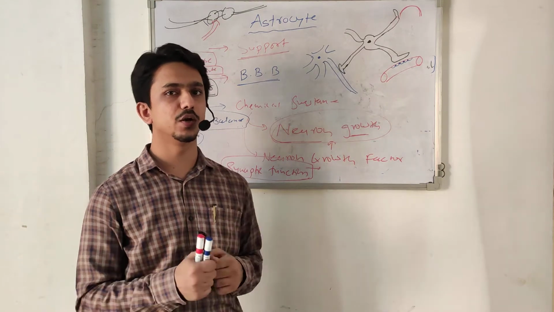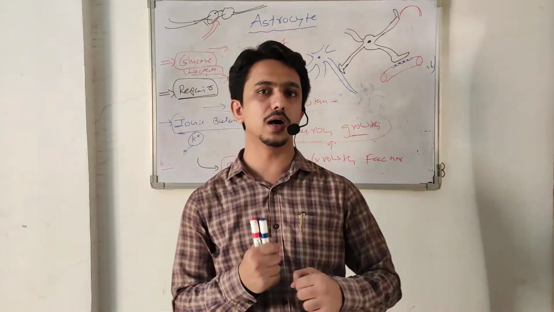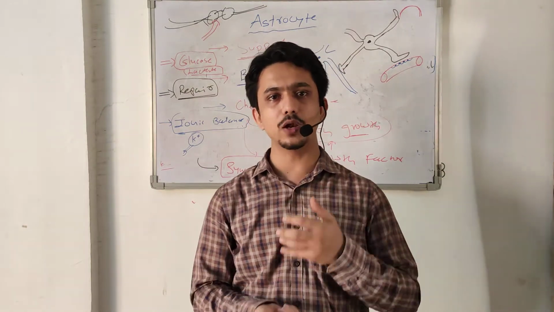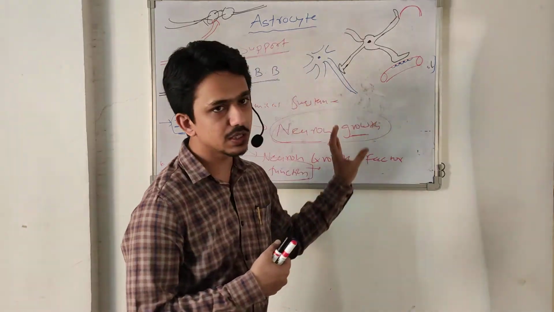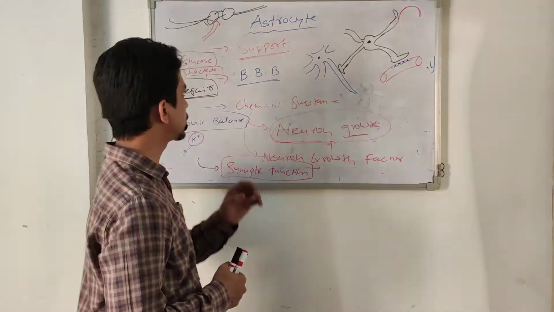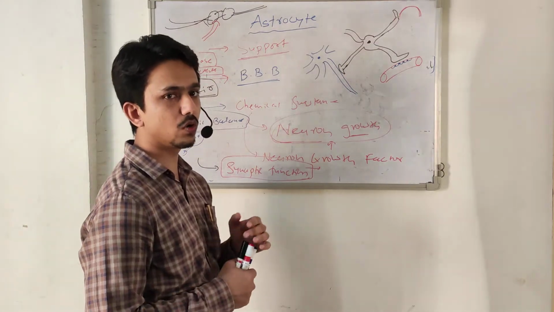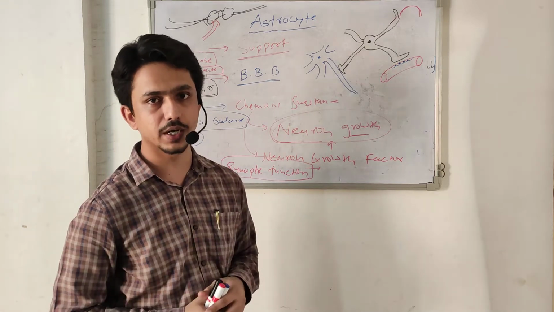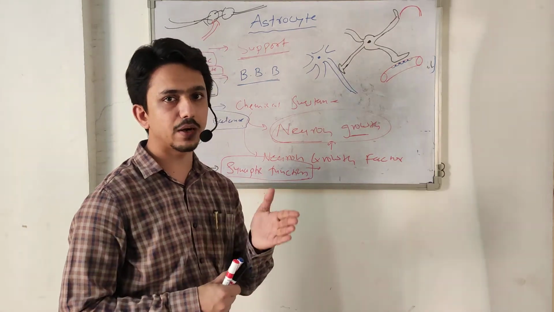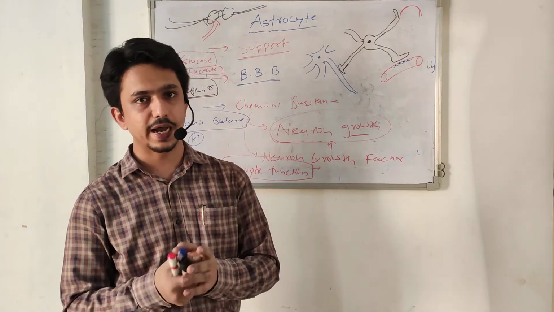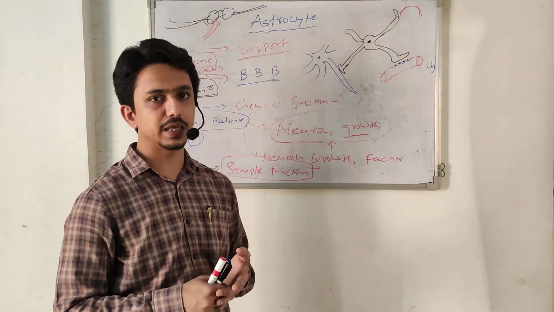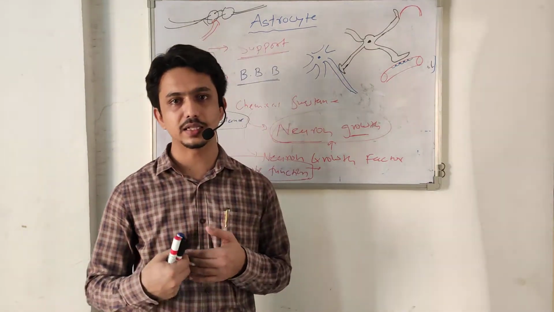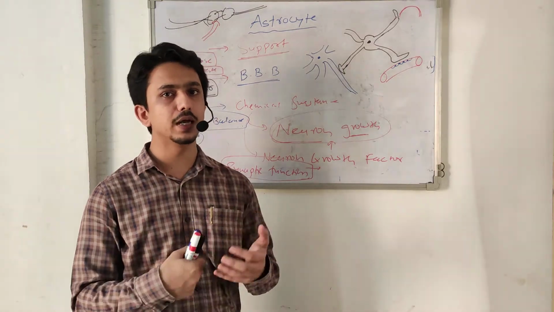So whenever a person is doing some extra work or exercise or hard work, at that time the brain requires more and more glucose. This glucose cannot be transported by the circulatory system in enough amount. So at that time astrocytes produce glucose from the glycogen stored in astrocytes. They break down the glycogen, or convert the glycogen into glucose, and deliver it to the neuron. But they also deliver it in lactate form. They convert the glucose into lactate, and this lactate is utilized by neurons during exercise.